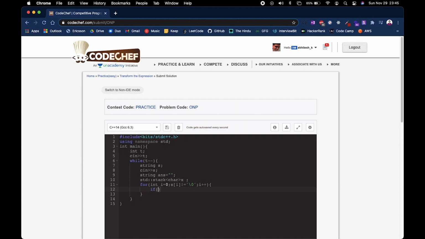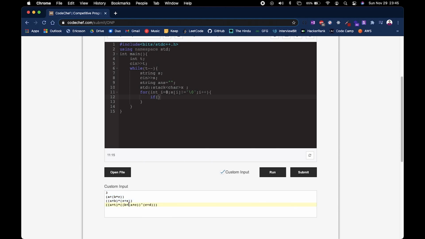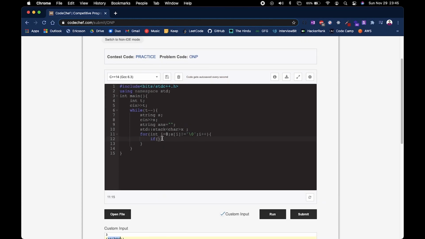The first condition that we would like to check is if we are getting simple alphabets or not. If you see the input, whenever we are getting alphabets, we are simply adding it to our output string, and we have discussed this previously while discussing the problem.